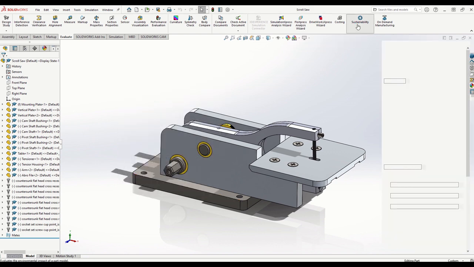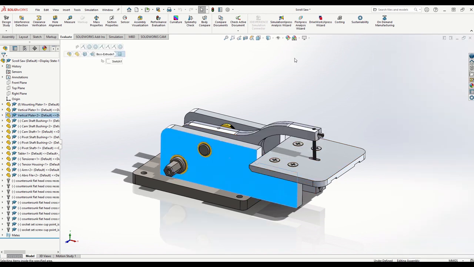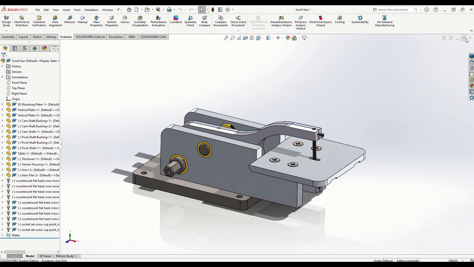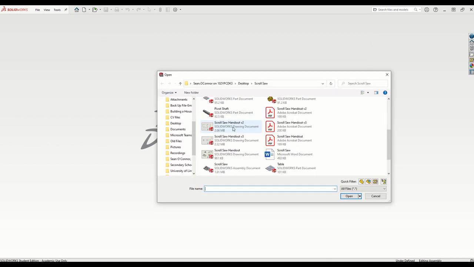So we click on that sustainability, the application should open up, and what we can do is we can start identifying what each of the materials are if we haven't already done so. So for instance, if we click on sustainability here, because we have already identified what the materials are, it won't get us to do that now. But for instance, if I close this down and I don't save, say no, and I open up that assembly again, see here now,